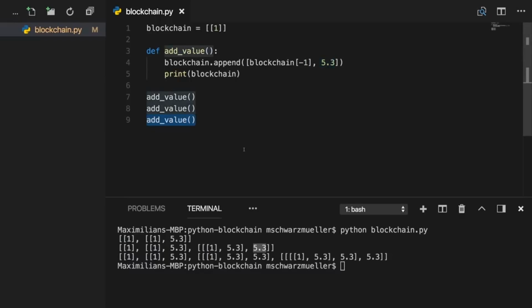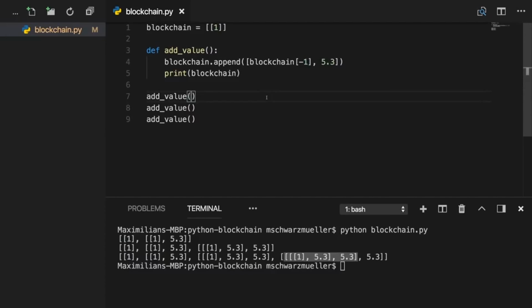And then this new list actually also has this value here at the end. And for the last add value call, this is the part we're starting with. And then we're appending a new list, hence the outer square brackets here. And in that new list, we have 5.3 as a new value, this value. But then we access the last value of the old blockchain, which is this value here. And this is why you now see this value with 3 opening and 1 closing square bracket in here. So this is the same value as this up here. And that simply is added because it's the last value of the old blockchain. So this is the logic we have right now.